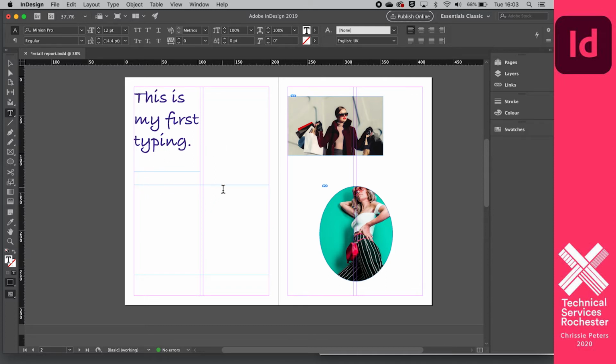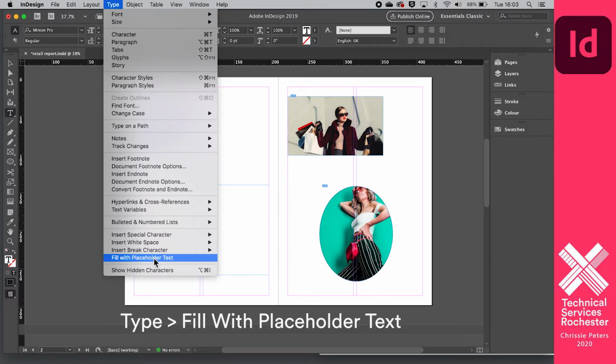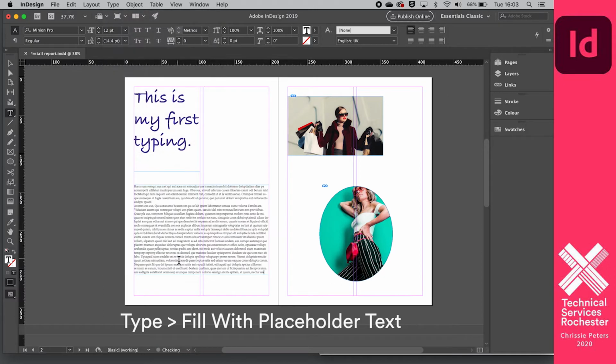You'll be putting those in as you go along, but you want everything ready so that you've got a placeholder, so you can just put those words in when you've got them. So I'm going to use something called autofill. If I click on type in the menu at the top here and choose fill with placeholder text,